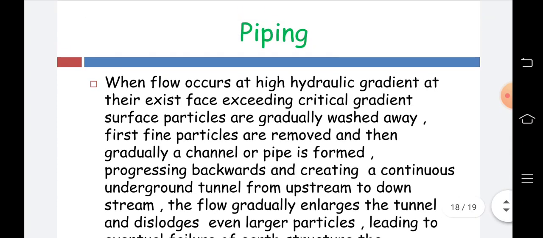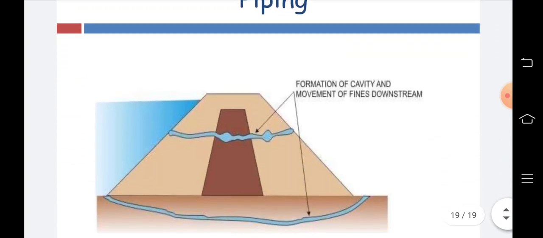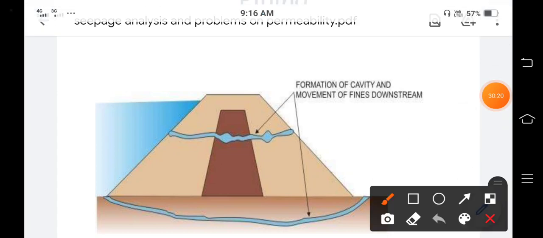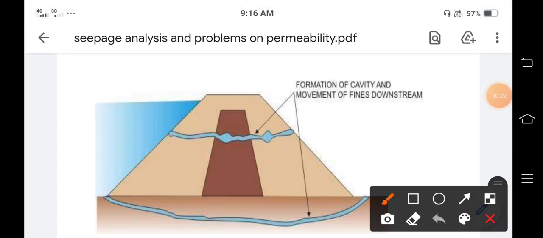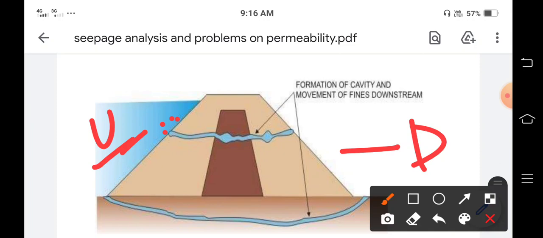Okay, so this piping which is observed in a dam, what happens in it? First of all, while piping is observed, some cracks are developed. This is called the upstream side where the water is stored, and this is called the downstream side. So on that side, first of all, what happened is that the cracks are developed. While cracks are developed,